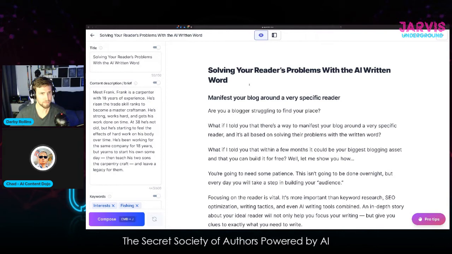Okay, so I want to start off by saying, of course, that the most important part of this is knowing your topic really well. Sorry, let me take this back a little bit. It doesn't mean you have to be an expert on it right now. You can take the time to do the research too. But if you don't know your topic really well, then you won't know when Jarvis gives you something that's next to true. It's partially true, but it might be exaggerated or the statistics are wrong or something like that. So you just got to be good with your topic.